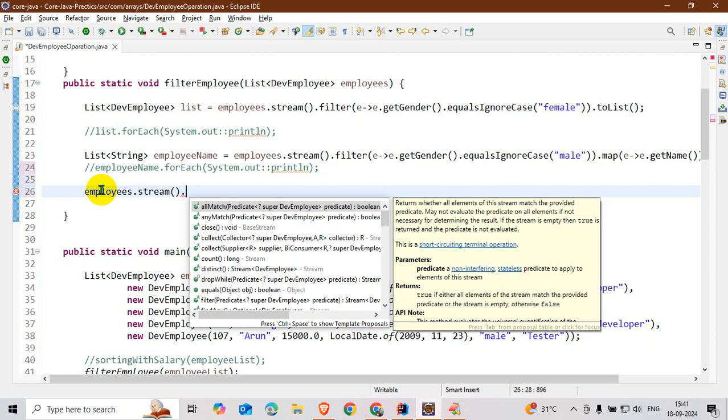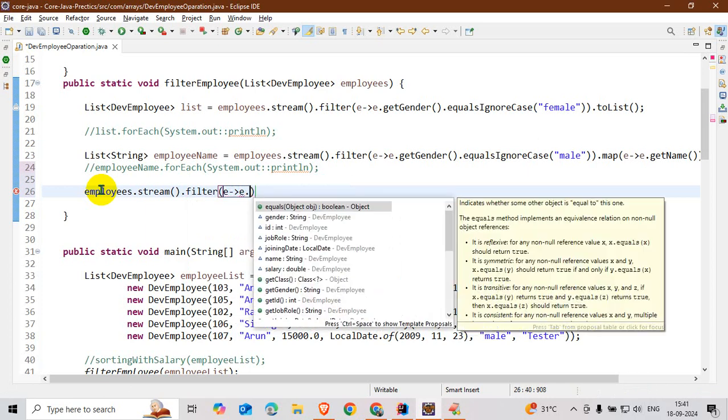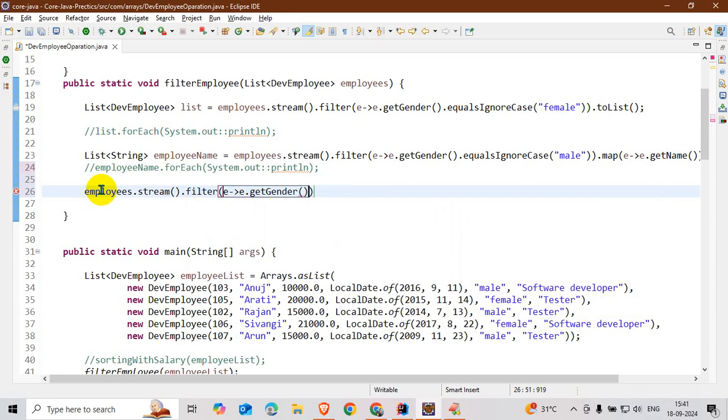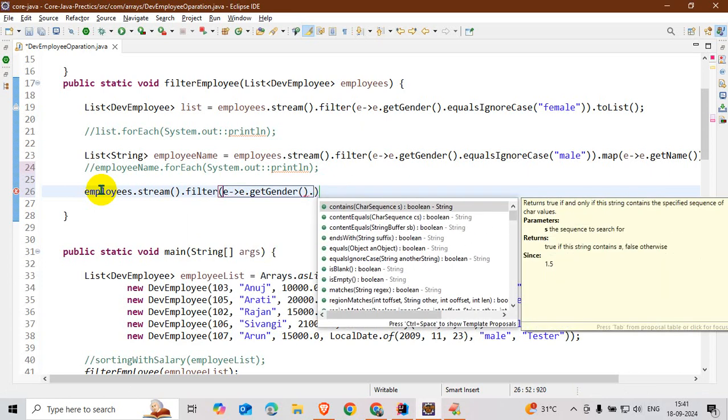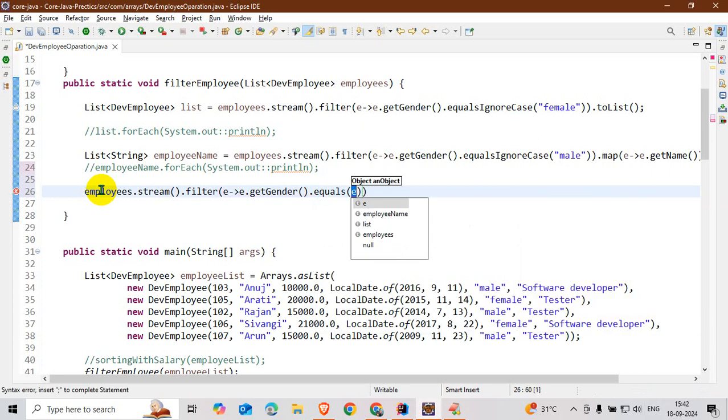So in filter I need to write the logic: e dot getGender dot equalsIgnoreCase female. Here I am getting only the female data.